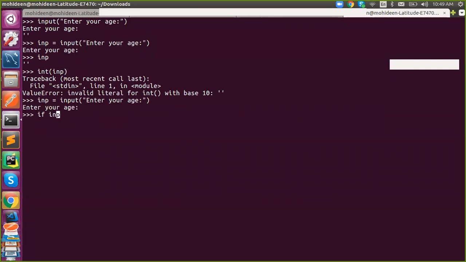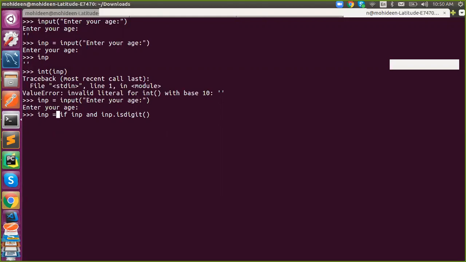If inp, you all know, if it is non-empty, then it will be true, otherwise it is false, right? So then I'm saying if inp exists and inp is digit, then it is possible to convert it into integer.